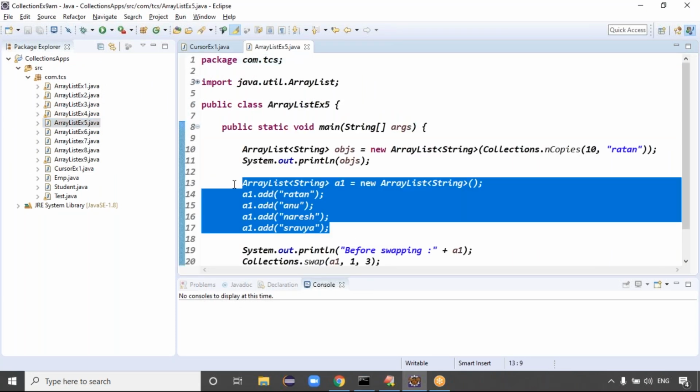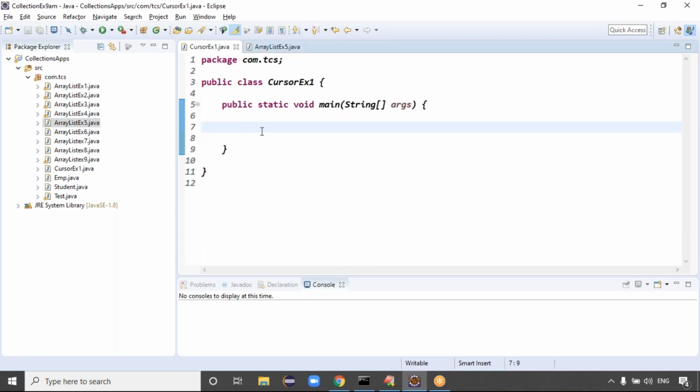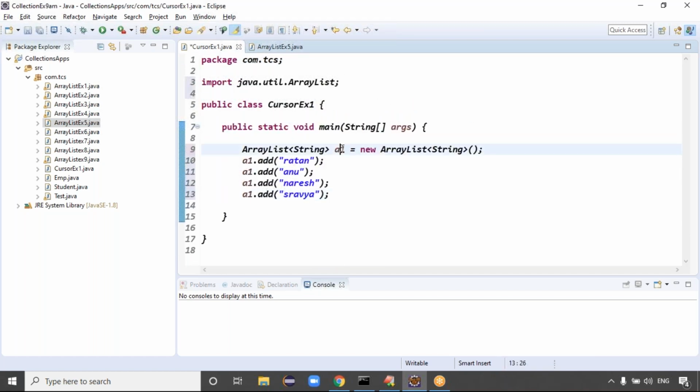Assume I am creating an array list with some 5 objects. I want to read this data. Array list of some objects. Change this reference variable to objs. So objs contains objects. Array list dot objs of, I'm adding how many objects? Add of, and add of, right? In total, 4 objects are being added.